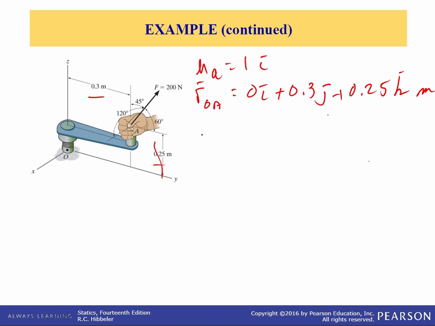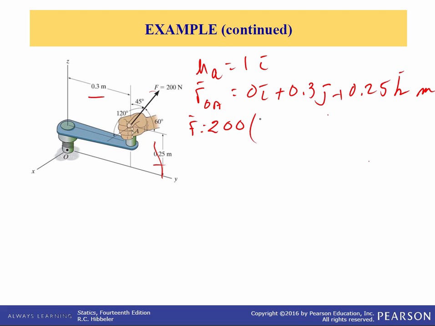Now we need to break the force F into its Cartesian components. Well, in this case, it's easy because we are given alpha, beta, gamma. Remember, those are the coordinate direction angles. So to find the components of F, all we need to do is use that formula that we talked about in chapter 2. So the force F as a vector is its magnitude